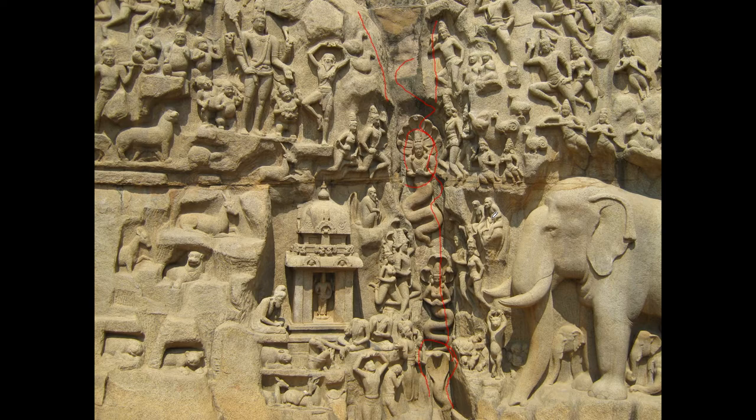Some of the other figures are a little bit more ambiguous. We do have a shrine that's right here, a relatively simple shrine. We have ascetics, monks who are gathered around the shrine. You can see them in their ascetic pose. And then we have this very emaciated ascetic who is right there next to a person holding a massive war club, and this is Shiva. And this is probably the penance of Arjuna. Arjuna is the